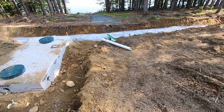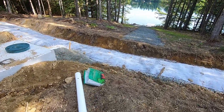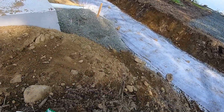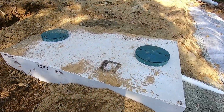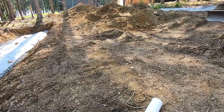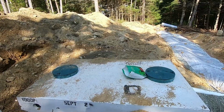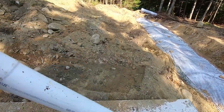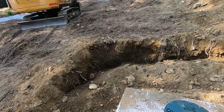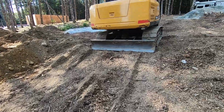She actually came out and did this on Saturday, and if I would have known, I probably would have come on Sunday and started the backfill. But anyway, we'll get her. And any excess material that's left on site, if there is any, or something that has to come in, well, I just picked up a tool that is able to get it here, which is pretty exciting. But anyway, let's start